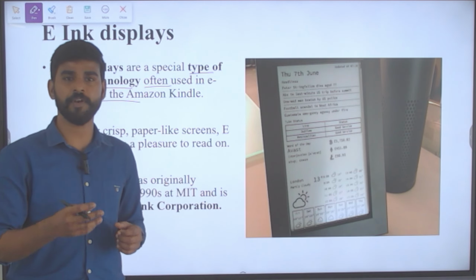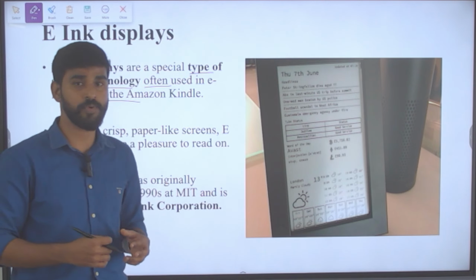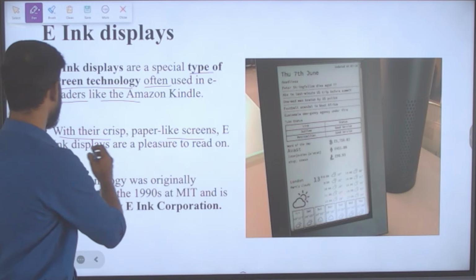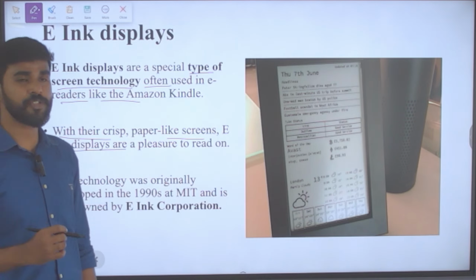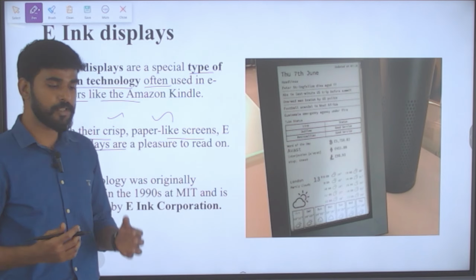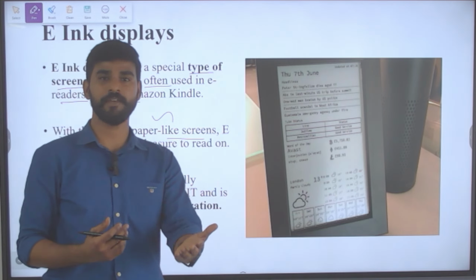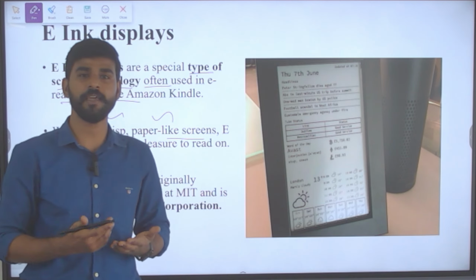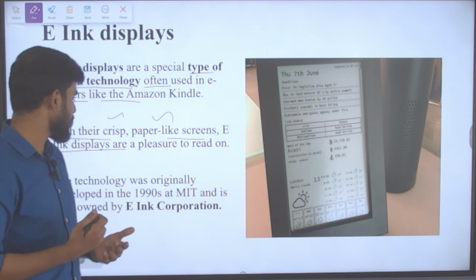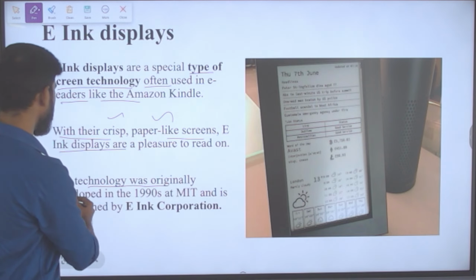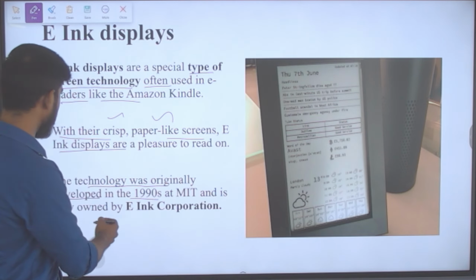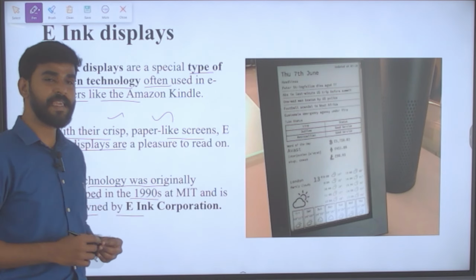So how is it different from other kinds of displays? That we have to understand here. With their crisp paper-like screens, e-ink displays are a pleasure to read on. It will be like we are reading paper. It won't be like we are reading from a digital display. Next, the technology was originally developed in the 1990s at MIT, and it is now owned by E Ink